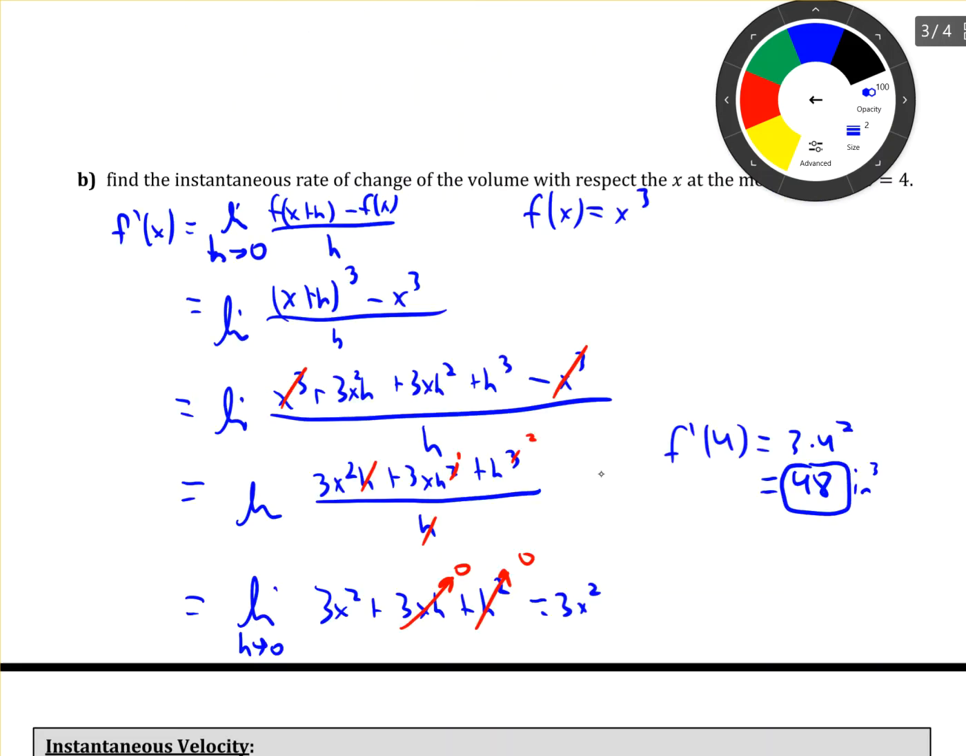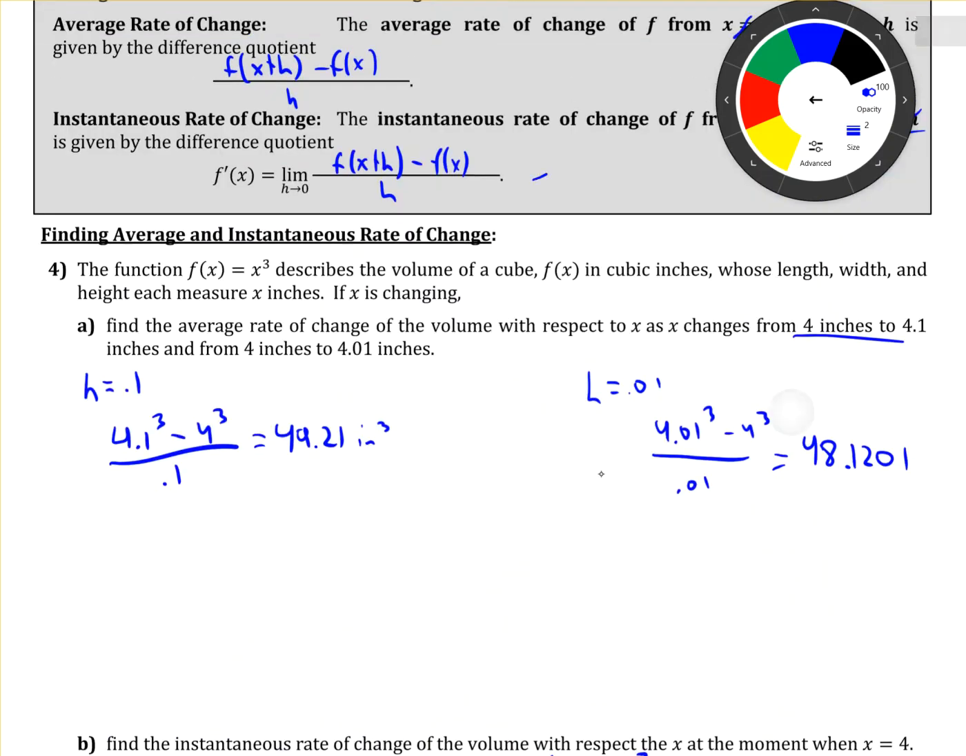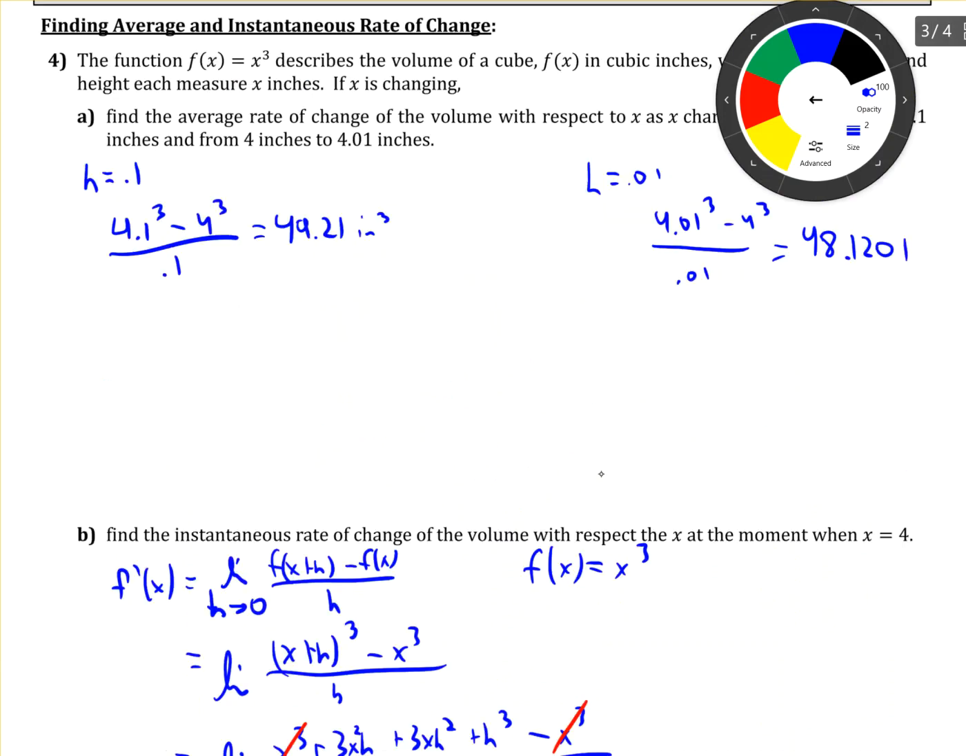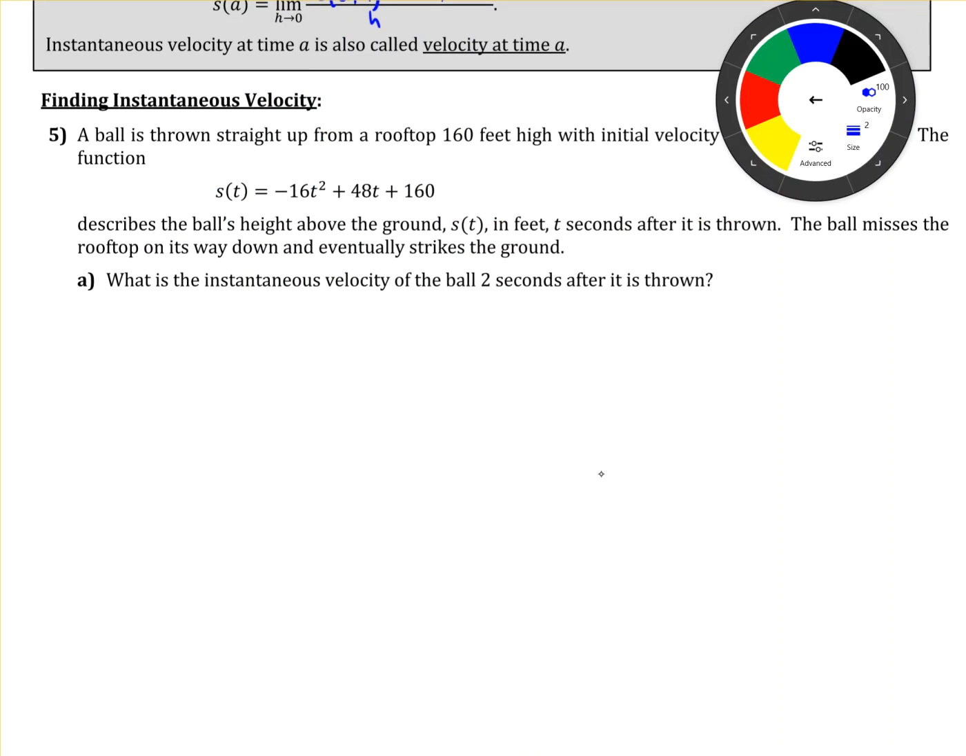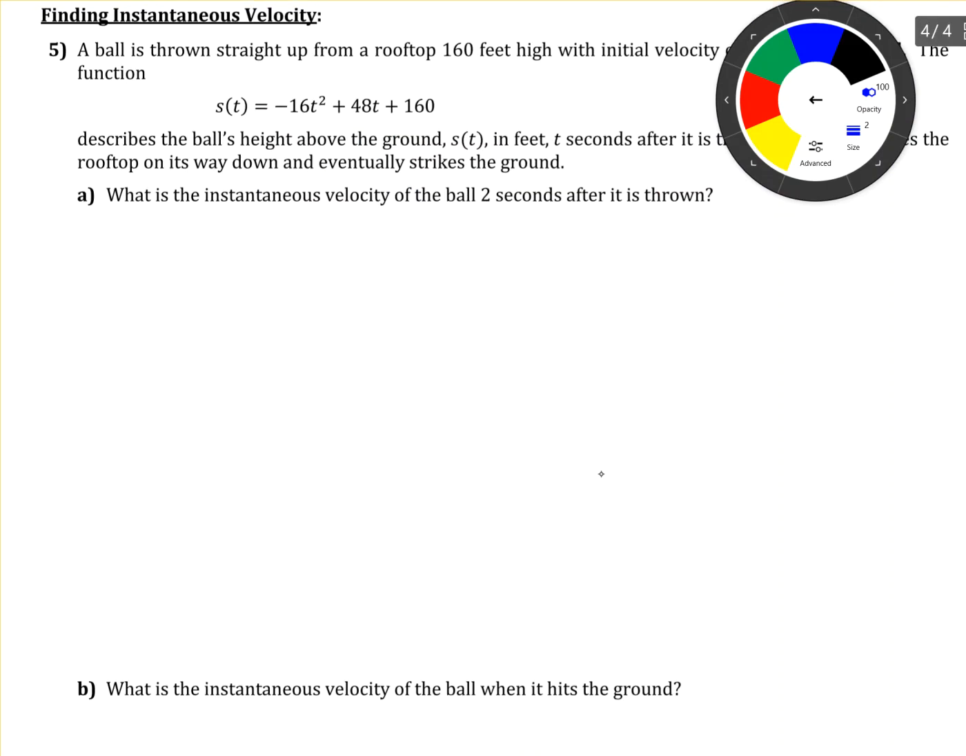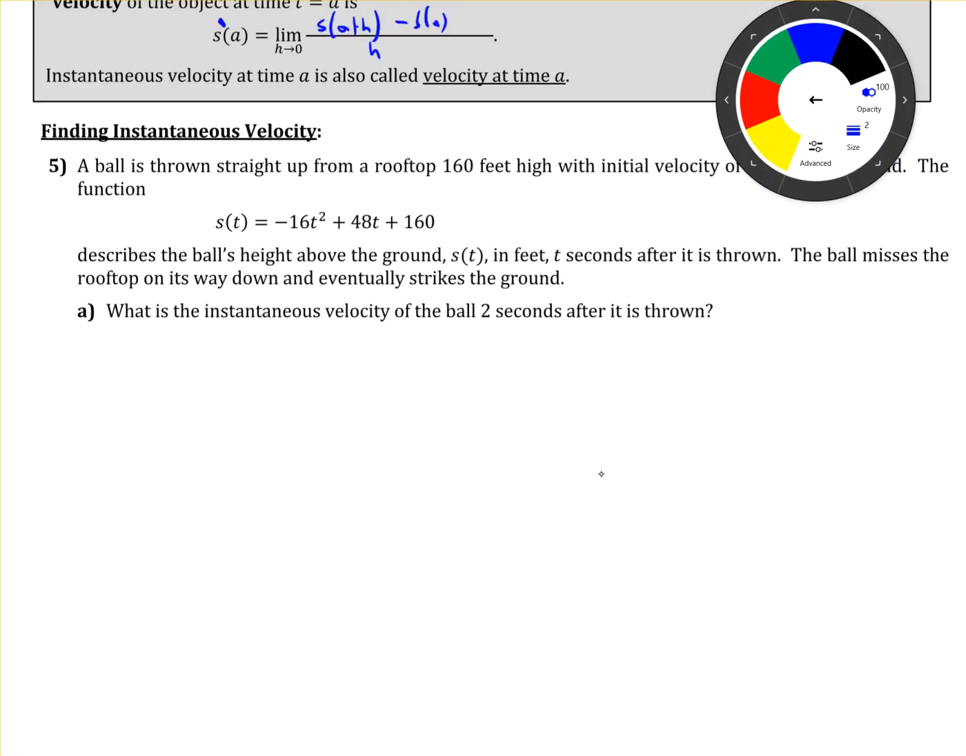Exactly the same formula that we're using up here, right? Exactly the same as this guy. So no sense trying to memorize a new one. It's just the same function, just different labels. So if I want to find the instantaneous velocity of the ball 2 seconds after it's thrown, well, let's find